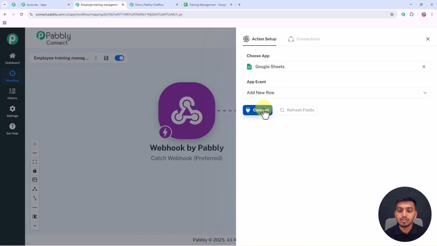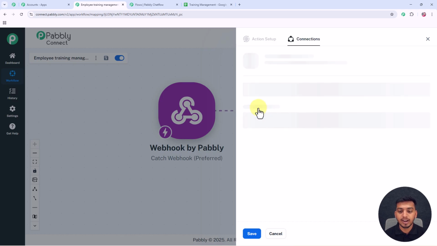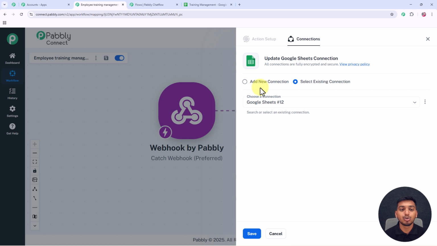So here I have also selected my application event, and now to connect Google Sheets with Pabbly Connect, I will click on this connect button given right here. And after that you can see we get two different options, add new connection and select existing connection. And if you are connecting your Google Sheets to Pabbly Connect for the first time, then you have to click on this add new connection. And if you have already connected your Google Sheets to Pabbly Connect, then you can go with the select existing connection. But for now I will click on this add new connection, and then I will click on the sign